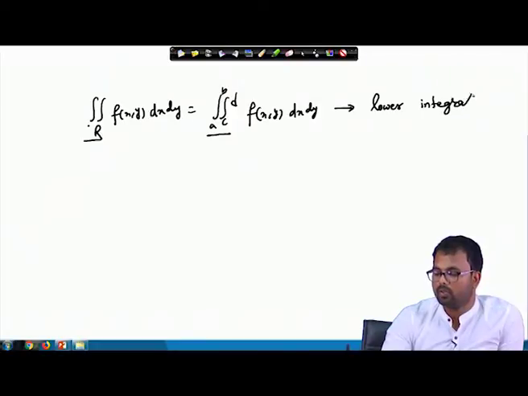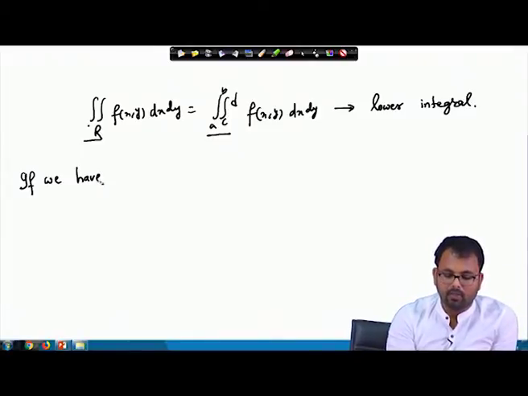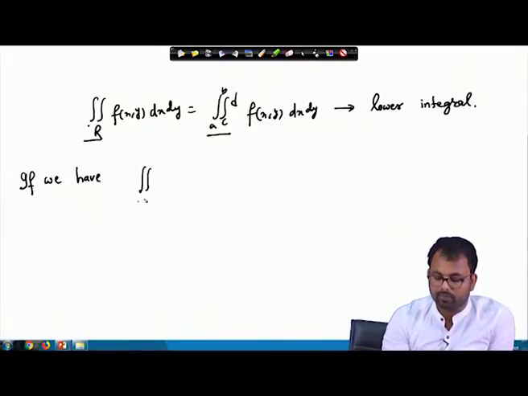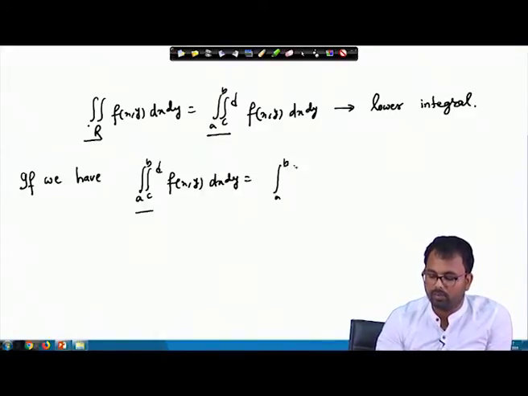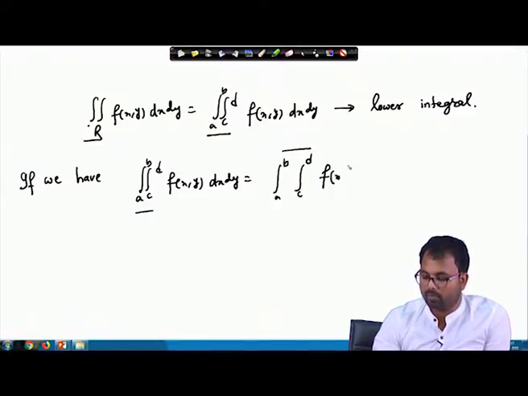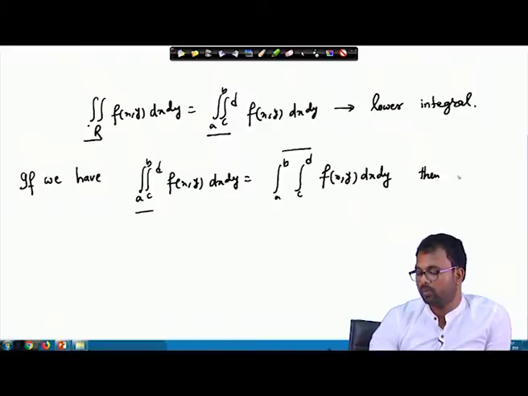And like a function of one variable, so if we have the lower integral from a to b, c to d, lower integral f(x, y) dx dy equals the integral from a to b, integral from c to d, which is the upper bar, which is basically the upper integral, dx dy. If they are equal, then we say